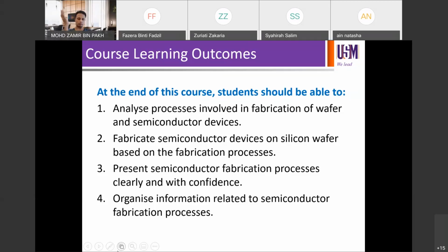But anyway, you will still be assessed by the clarity of your presentation as well, and the confidence of your presentation as well. So even though it's video based, with some limitation, you can still be assessed as in the original plan, right? And then the final one is organize information related to semiconductor fabrication processes. You manage to do this by your assignment 1, assignment 2,